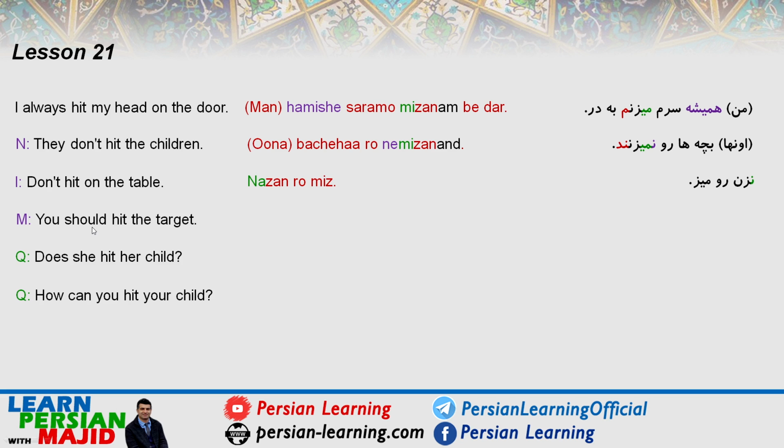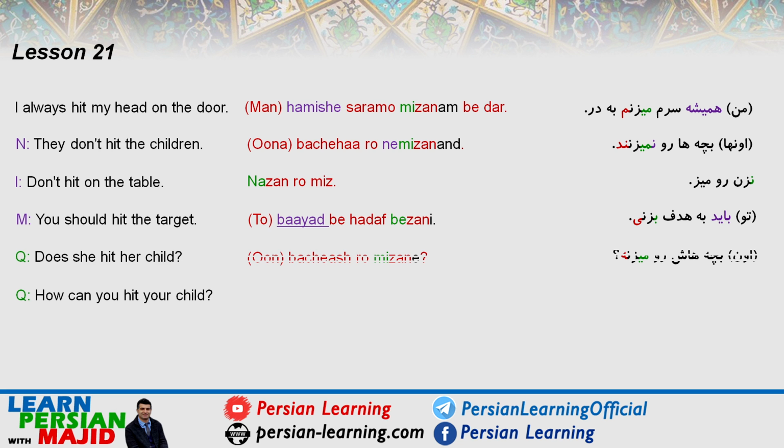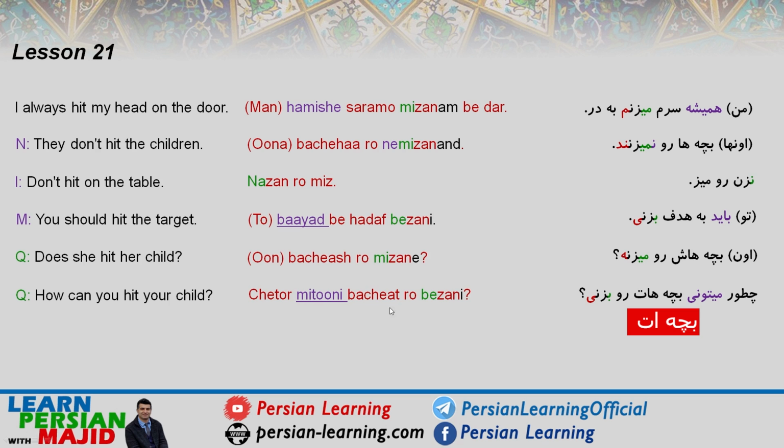You should hit the target. A sentence with modal verbs. Target means هدف. تو باید به هدف بزنی. As you know, when we have modals, here we have a structure like imperative. You have to use به or sometimes bo. Yes, no question. Does she hit her child? بچهش رو میزنه. How can you hit your child? WH question and also modal. چطور میتونی بچت رو بزنی؟